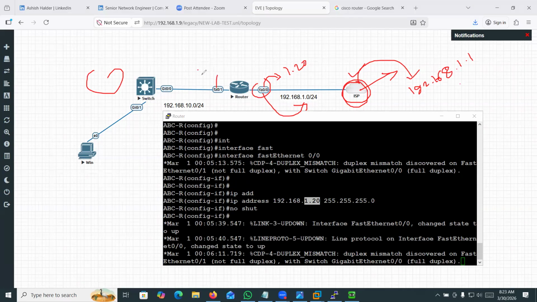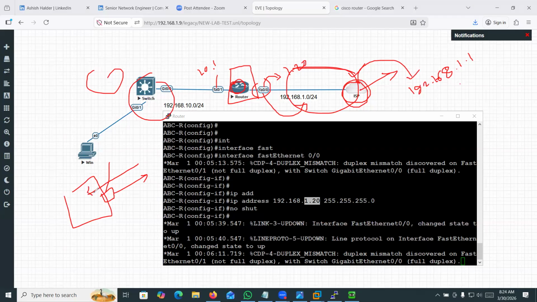Here I am assigning 10.1 on the gateway. This one will act as a gateway. What is a gateway? A gateway is a device that can connect to another network, like an outside network. This device connects my LAN network to the outside network. In your home, you have a gate, right? Through the gate you go outside and also come inside. That's why it is called a gate. Same thing here, this is the gateway. Traffic goes outside and comes inside through this device.